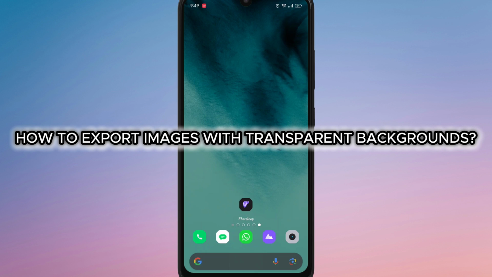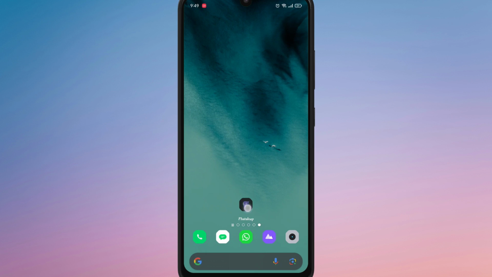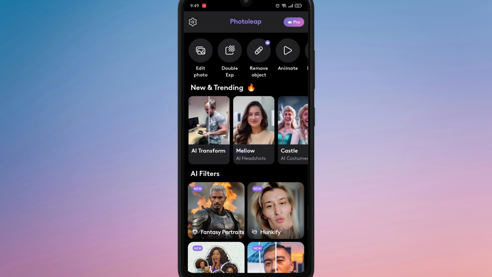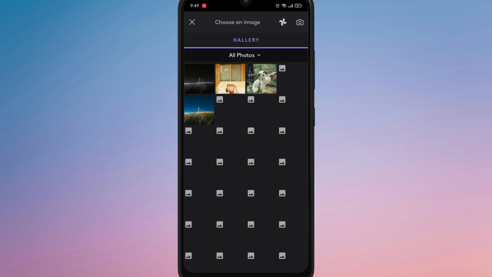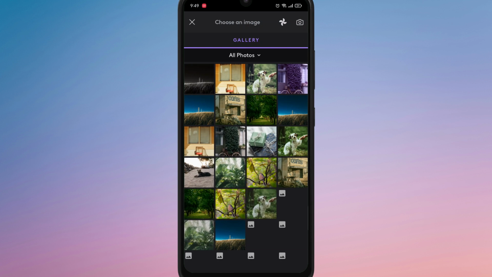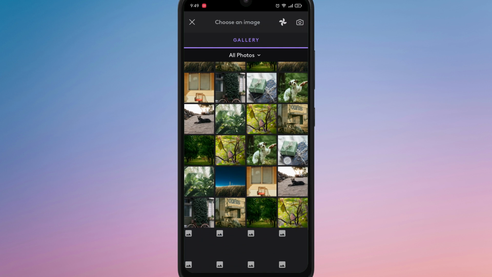How to export images with transparent backgrounds in Photoleap. First of all, open the Photoleap app and wait for it to fully load. Next, select Edit Photo and choose the image you want to work with, or tap the camera icon to capture